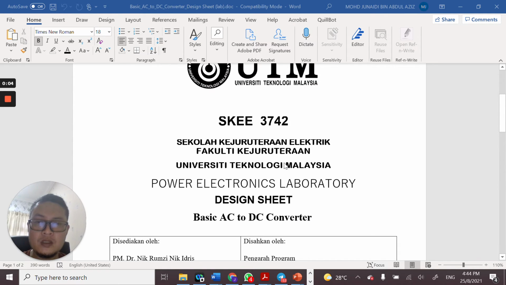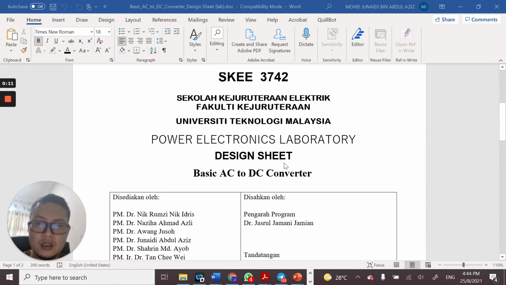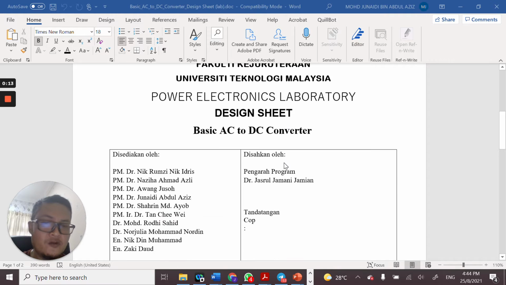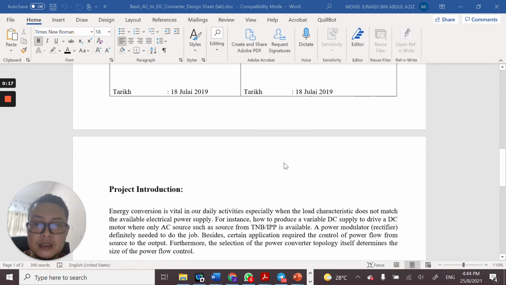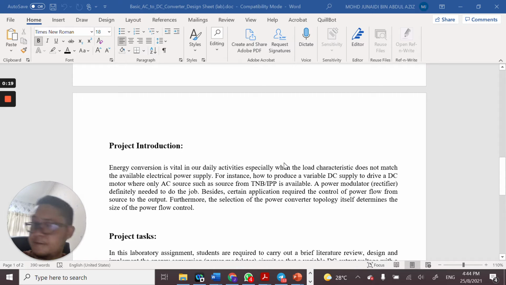So for SKE 3742 Power Electronics Lab, design sheet for basic AC to DC converter, also known as rectifier. So for this project, it is vital to know that for our daily activities, sometimes the load doesn't match the available supply. For instance,